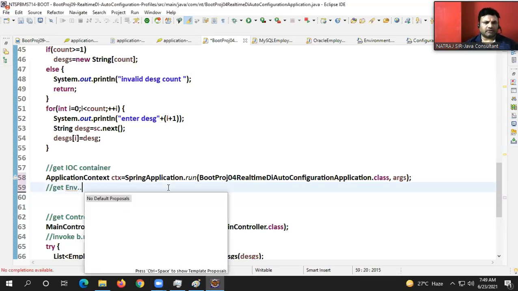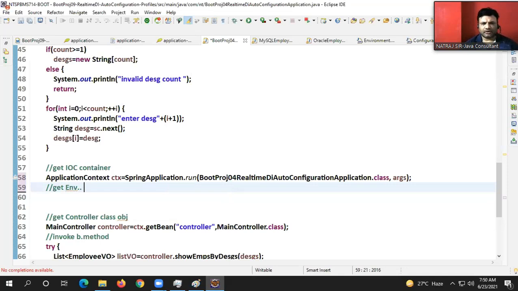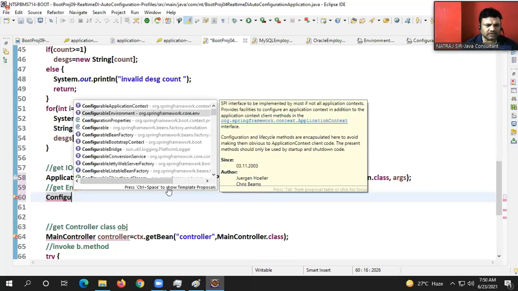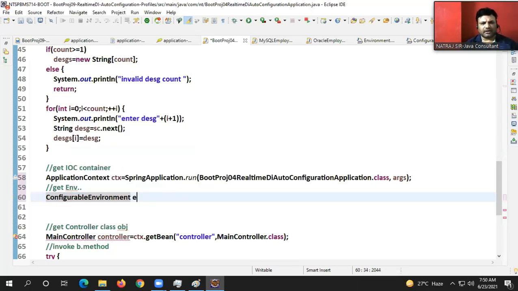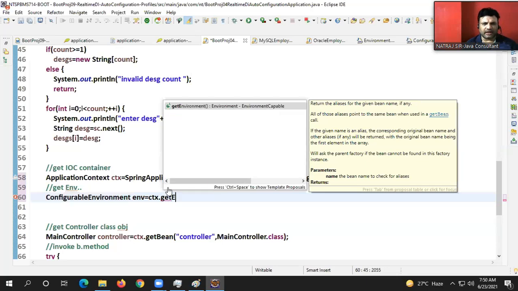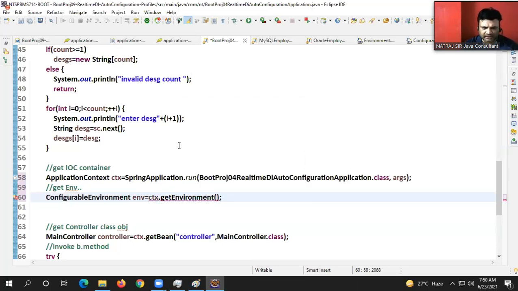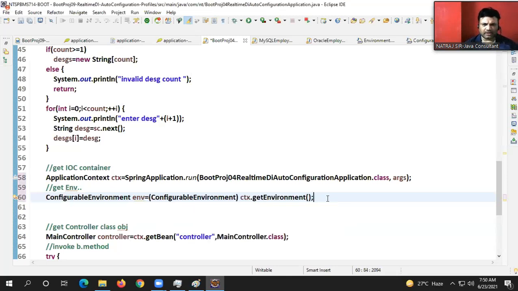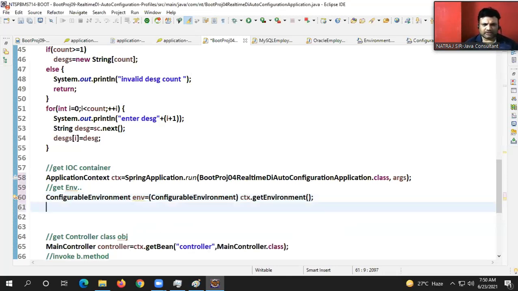One minute. ConfigurableEnvironment environment is equal to ctx dot get environment. That's fine. Ctx dot get environment. Okay, that's fine. Next one, env dot